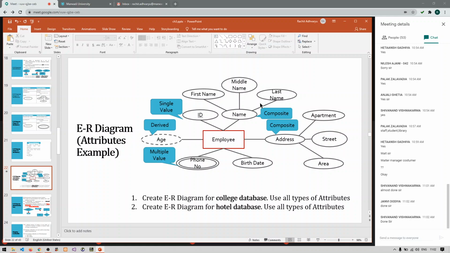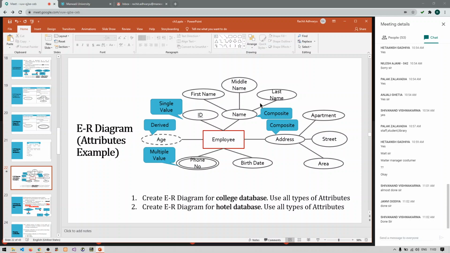Then in library you can also have a book. Book can be subdivided into book name, book author, the price, and the pages.